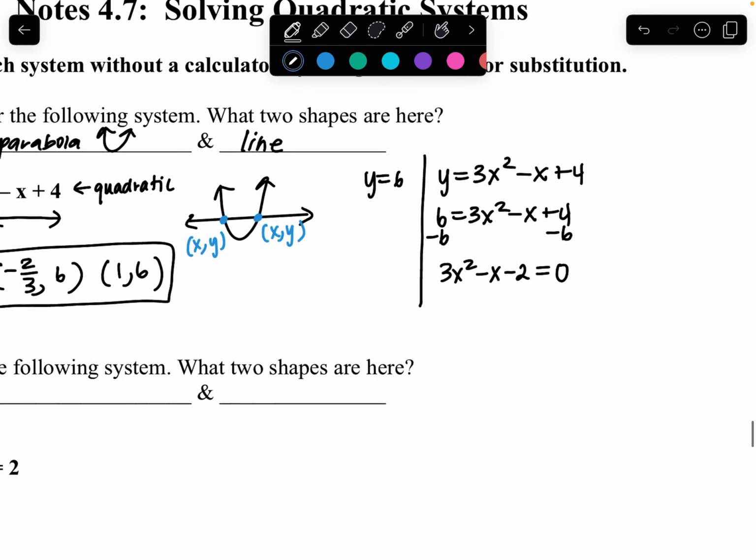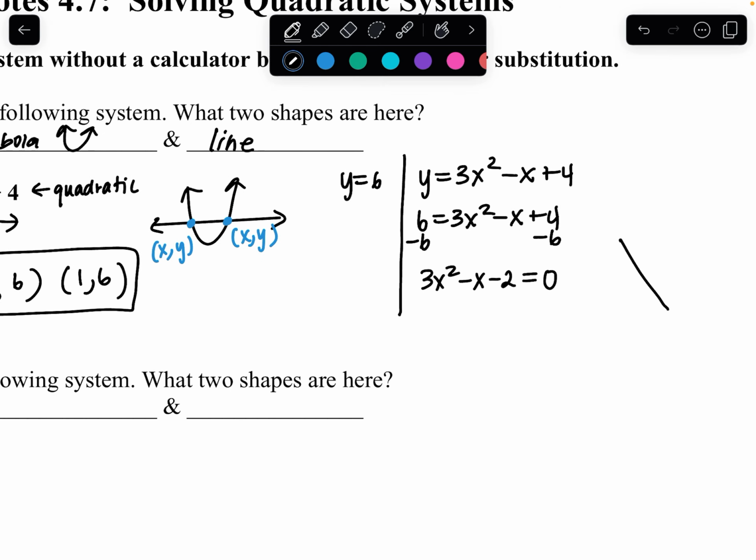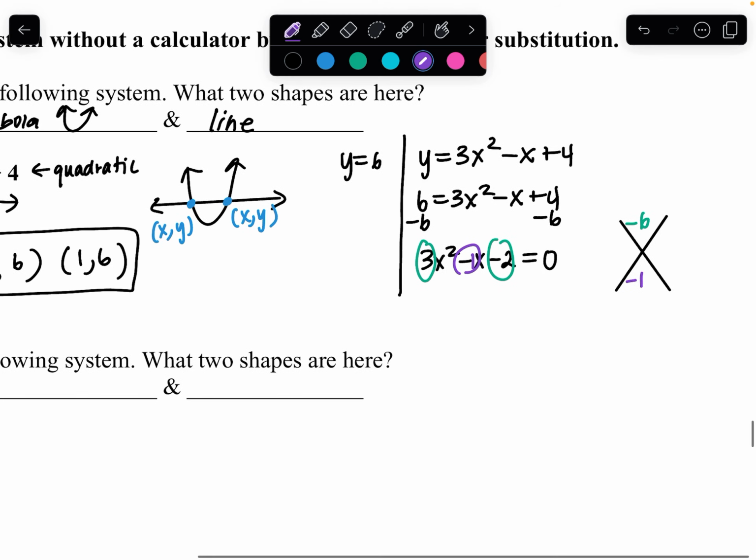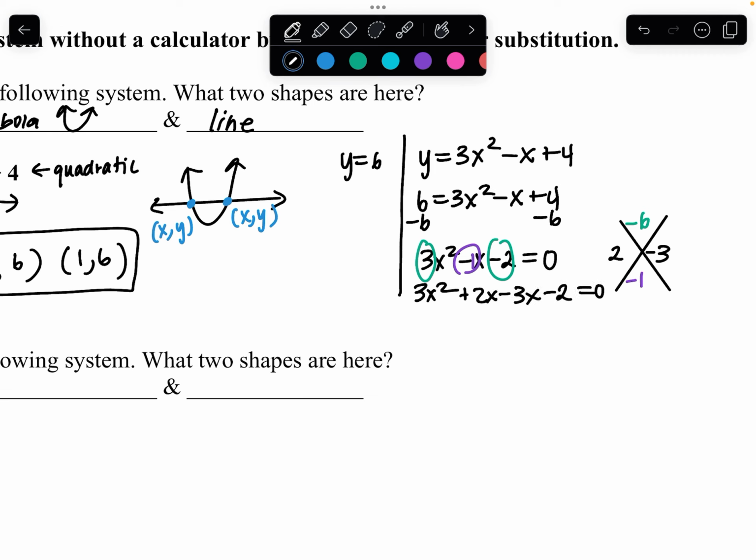And then factoring is going to be the most efficient way to solve this. You don't want to use the quadratic formula or complete the square unless you absolutely have to. And so to factor this, we need a times c, which is negative 6. And then we need our b value, which is negative 1. So we need two numbers that multiply to negative 6 but add to negative 1. And so 2 and 3, and make the 3 negative. And so we would have to split the middle with those two numbers, and factor 2 at